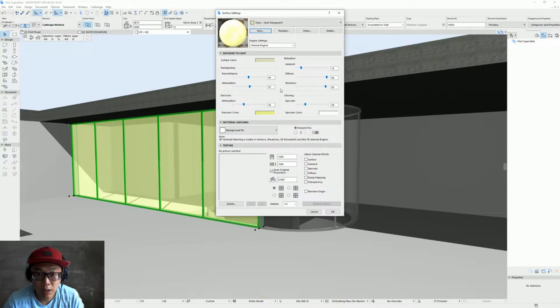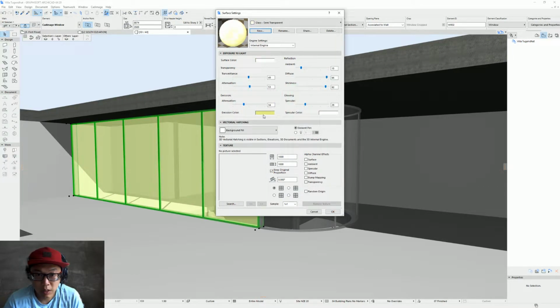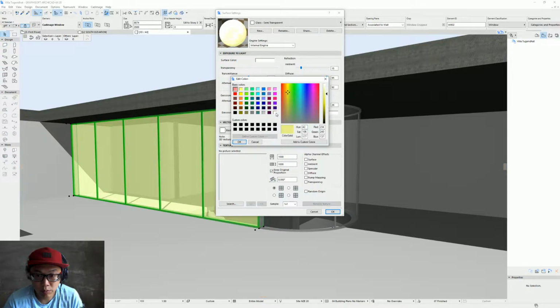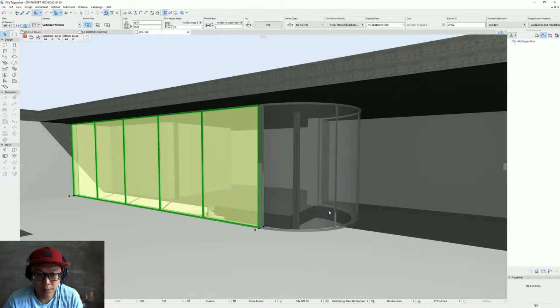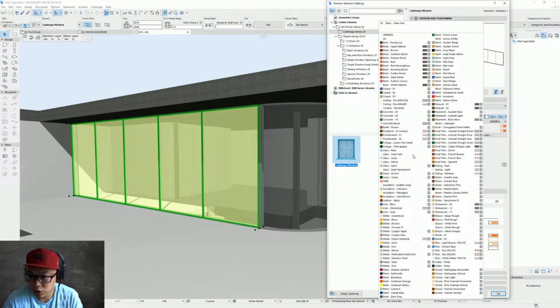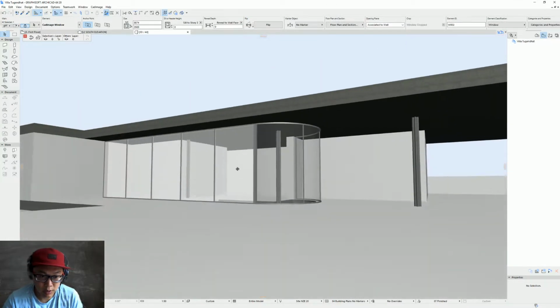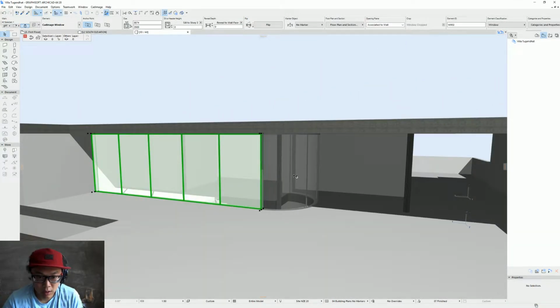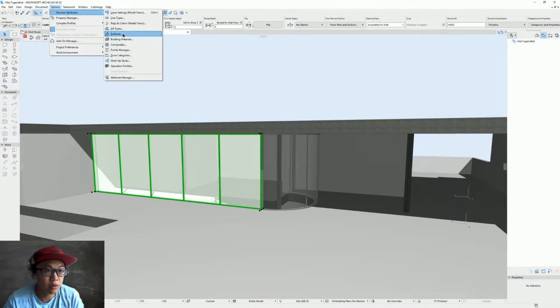Press OK, but I want to change the surface color to something white, and the emission color is going to be more white as well. Let's try and press OK, and I'm just going to go back in the settings and change that. We should have a new one, semi-transparent, and yep, that's kind of more like it. Maybe a bit more opaque, so you can just go back into the surface settings